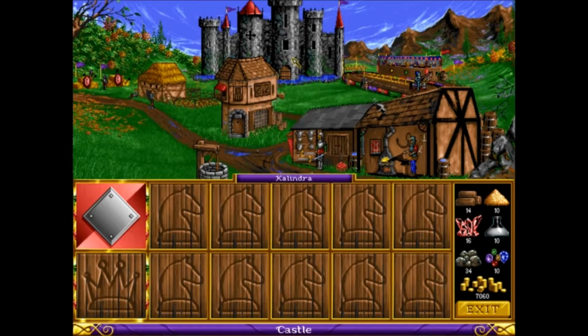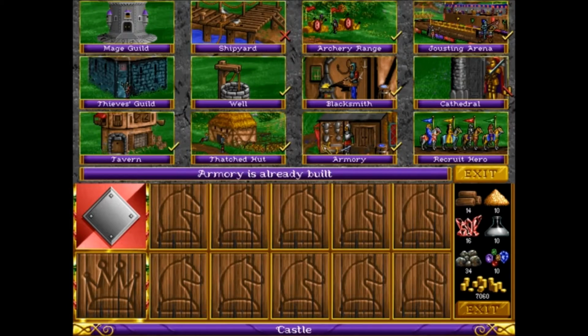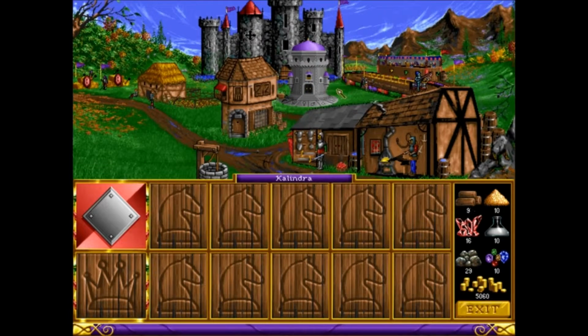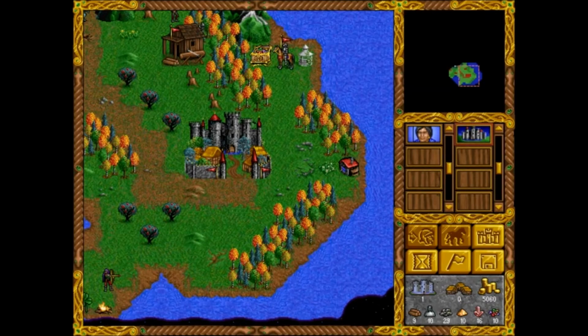So, do I want to become a better spellcaster for one? Okay, so if tomorrow we're going to have 1,000 to build this, well, to get the people here, let's go ahead and I assume that Dispel Magic, Slow, View Minds. Okay. Going to assume that my character...